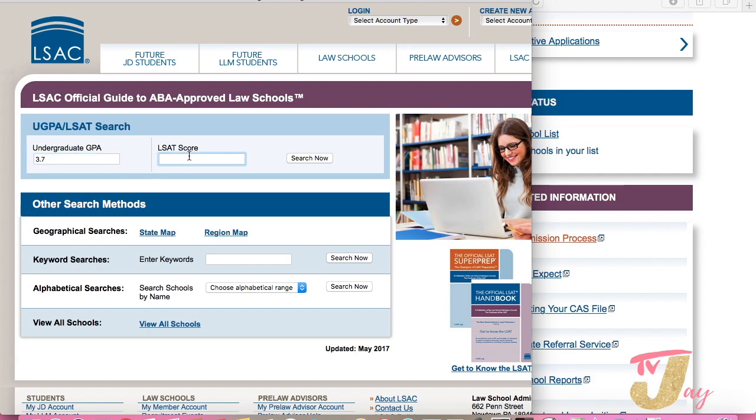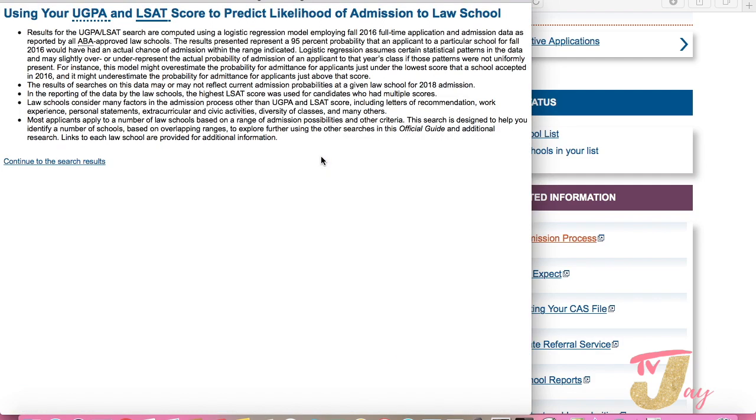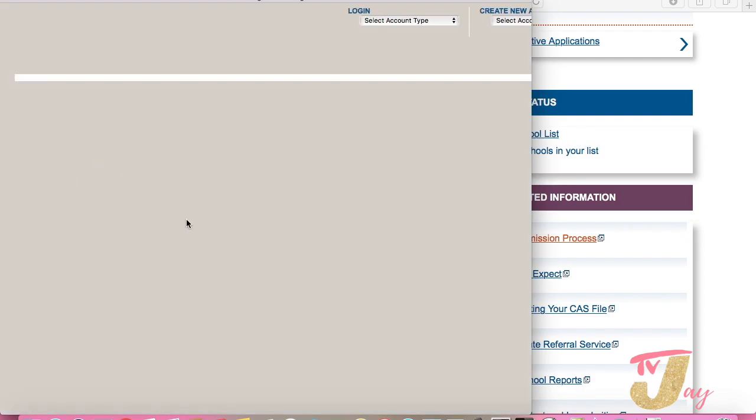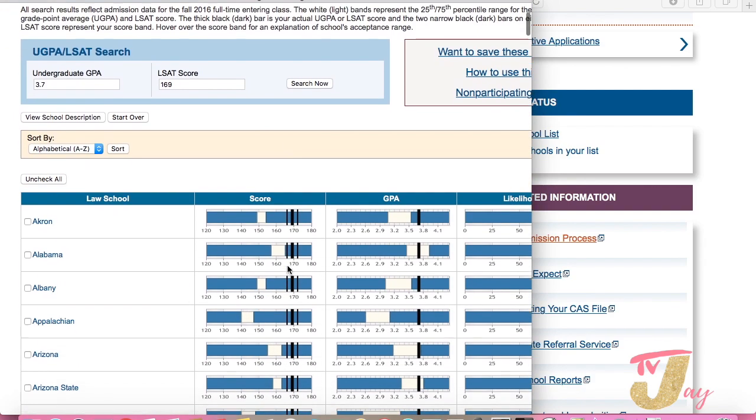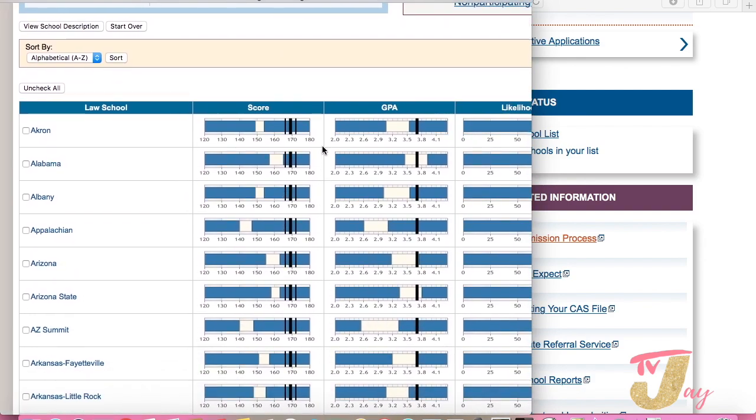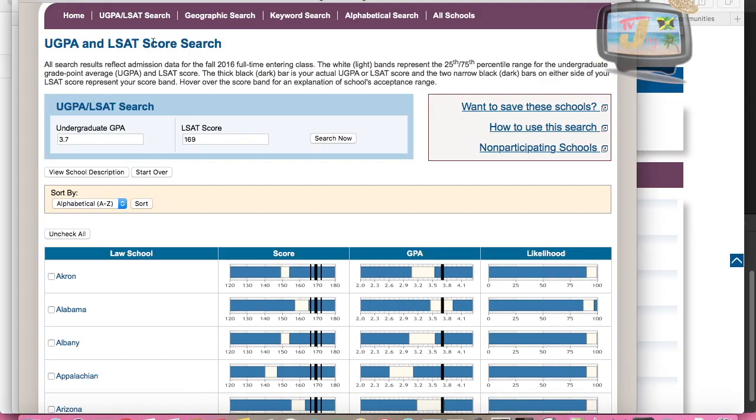So what you would do is put in your undergraduate GPA and the LSAT score that you have. This could be your raw score that you've been studying with or your official, and it'll give you an idea of where or what school will allow you in with those scores. The white bands represent the 25th and 75th percentile for the undergraduate GPA and LSAT score that school accepted in